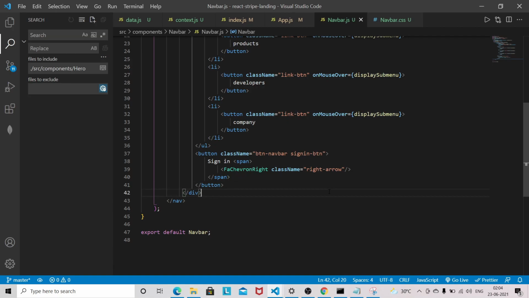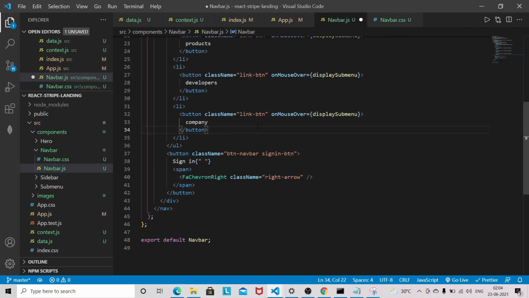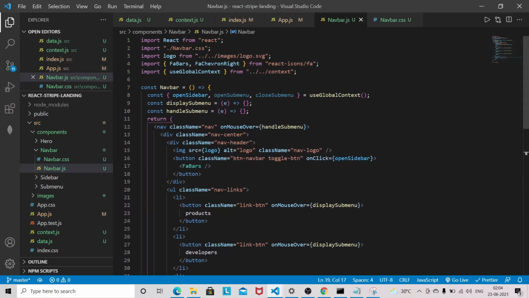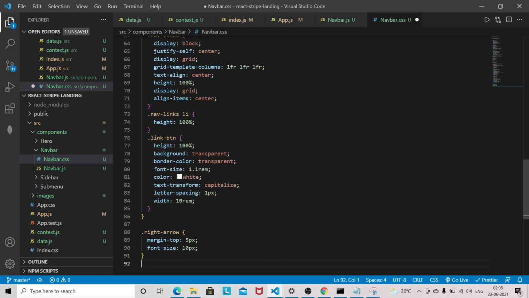So now I will format the file. I have done the formatting, and now we need to paste the code in the navbar.css file. So I will paste the code here, and don't worry, I will provide all the resources like the CSS file, image files, and data.js file.